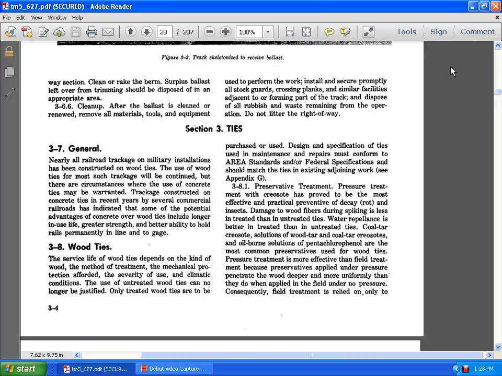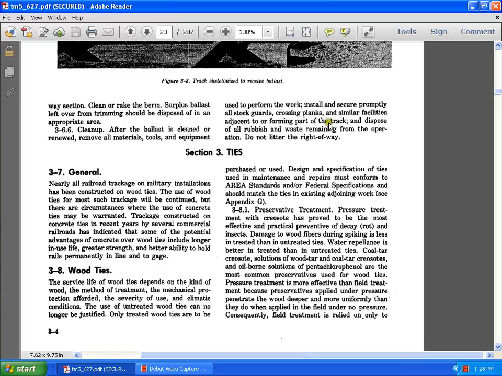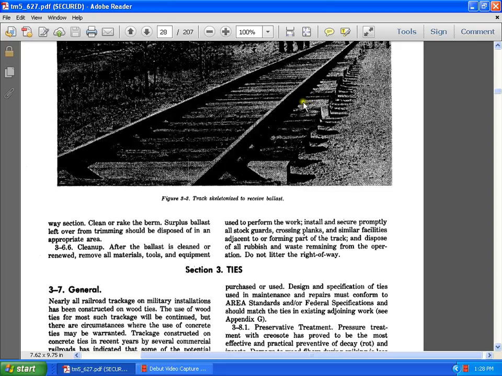Section 3, the ties. We'll start at the top. Waste section: clean off the rake of the berm. Surplus ballast left over from the trimming should be disposed of in the appropriate area. Clean up after the ballast is cleaned and renewed, removing all materials, tools, and equipment used to perform